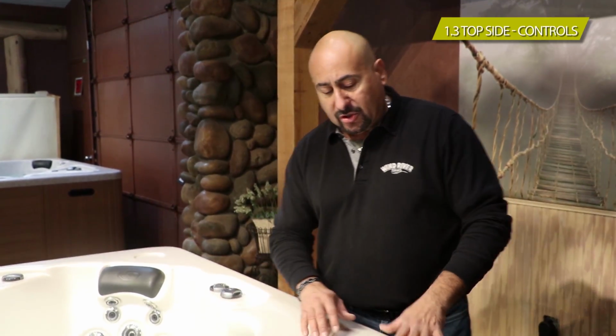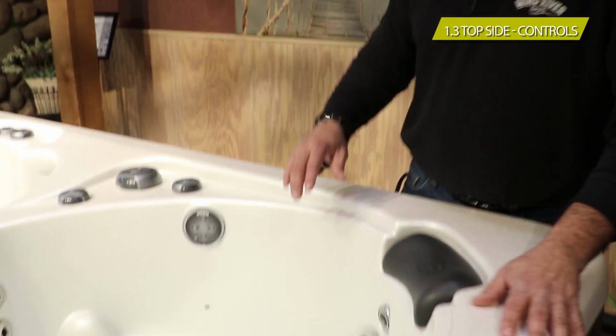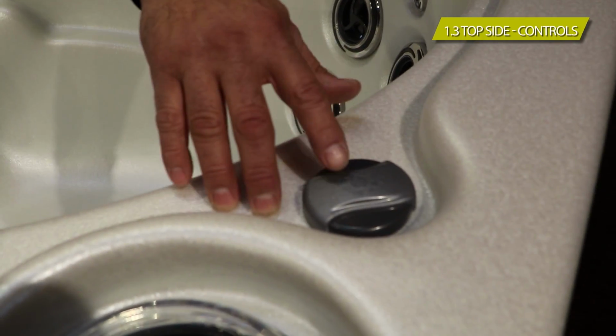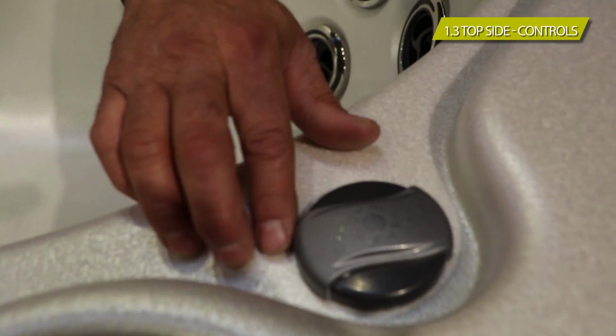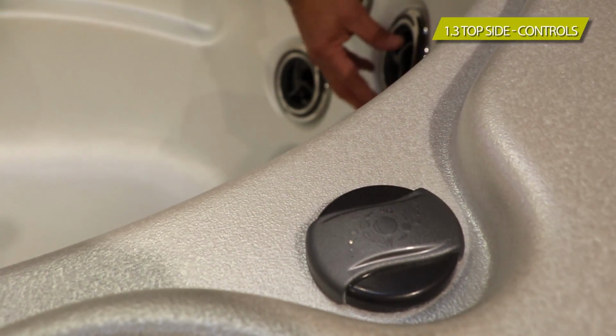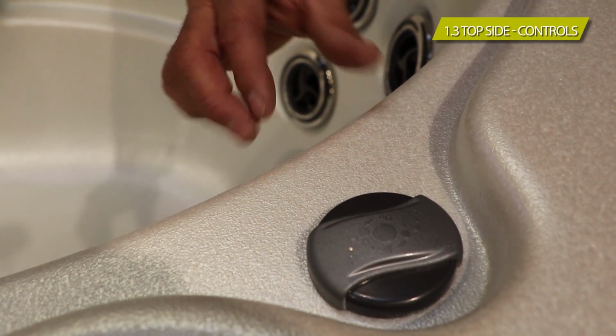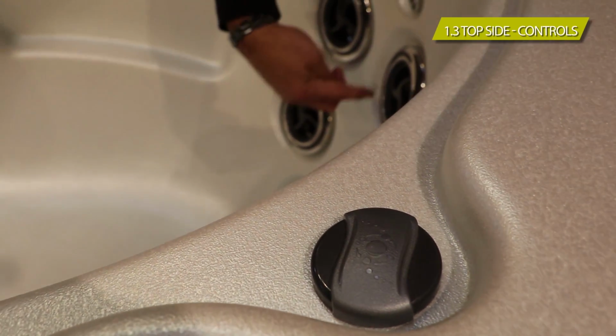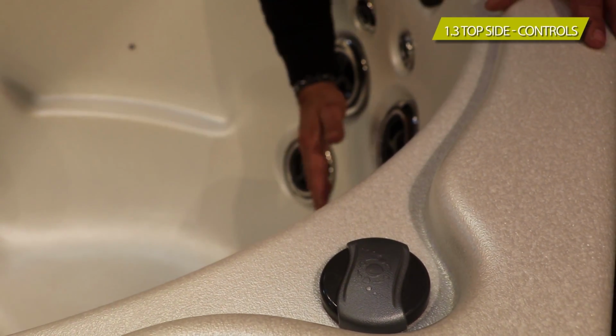Now that Justin has shown you how to properly fill the tub and get it started, I'm going to show you the operations of each of the dials up on the top rail of the spa. First, we're going to start off with this one here. If you notice, it says on and off, and it has little dots, almost like air bubbles. This basically is to let air flow through the jet for the hydrotherapy process. So when you open it, this will allow the air to be properly mixed with the water for the hydrotherapy